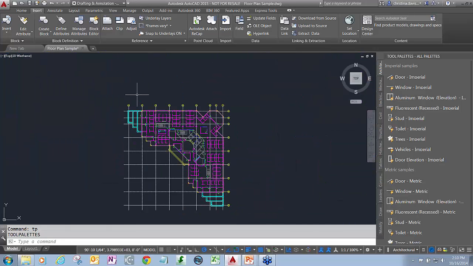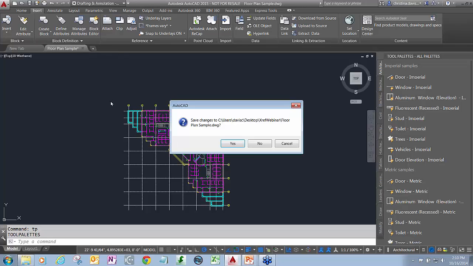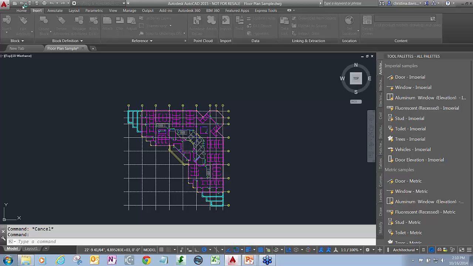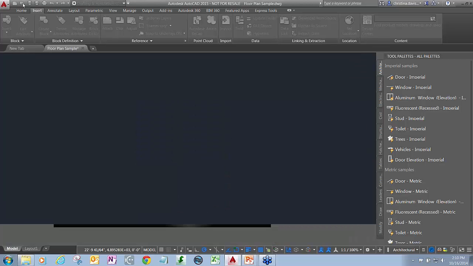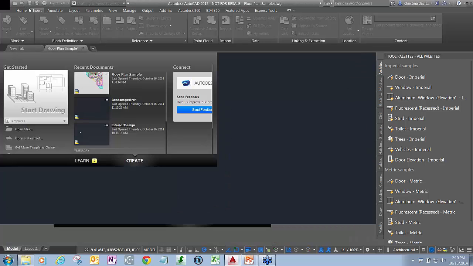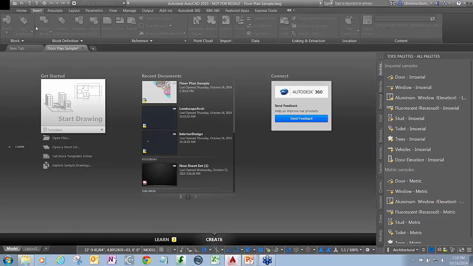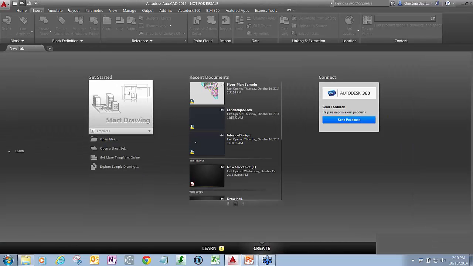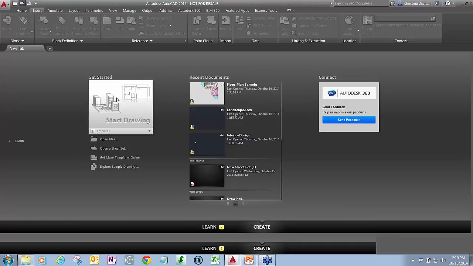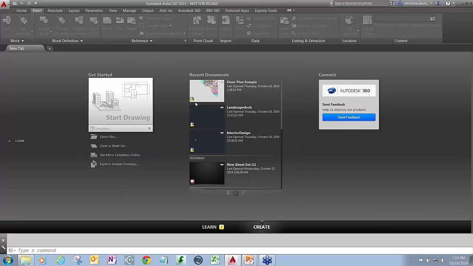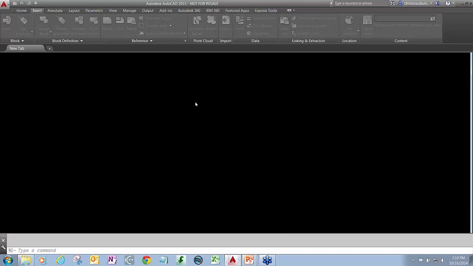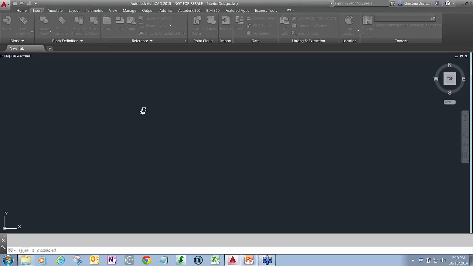So I'm now going to go to my next department, and I'm now in the interior design team. I'm going to close the floor plan, save my changes, and I'm going to open up the beginnings of a plan for the interior design team, and we're going to reference XRef in that floor plan sample. There we go. So my floor plan, when it opens up, you'll see I have a little sample cubicle design